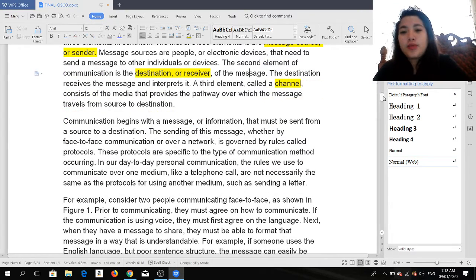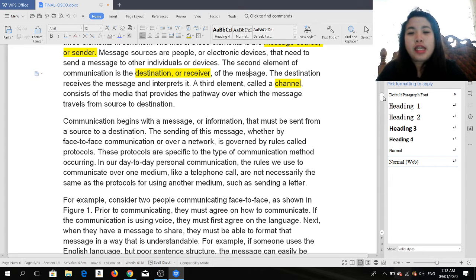Communication begins with a message or information that must be sent from a source to a destination. The sending of this message, whether by face-to-face communication or over a network, is governed by rules called protocols. These protocols are specific to the type of communication method occurring in our day-to-day personal communication.